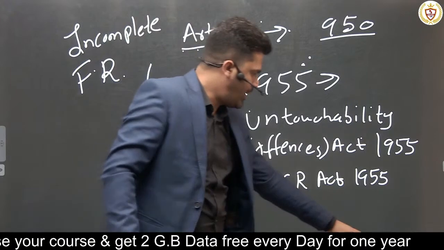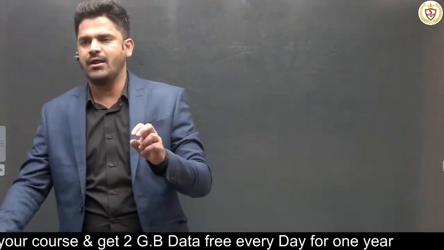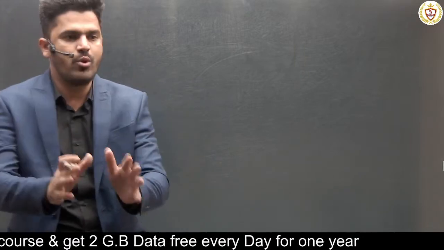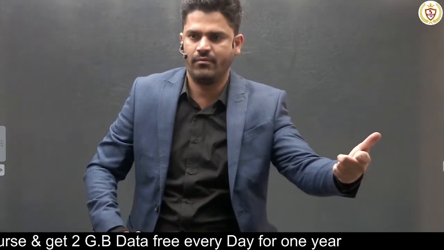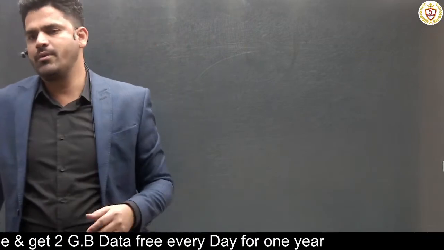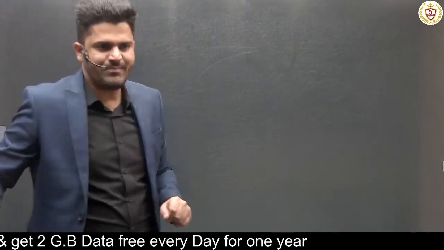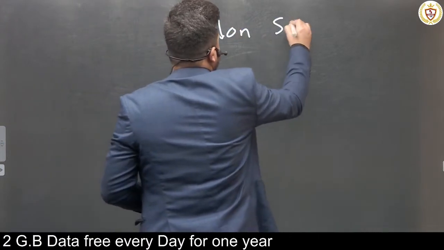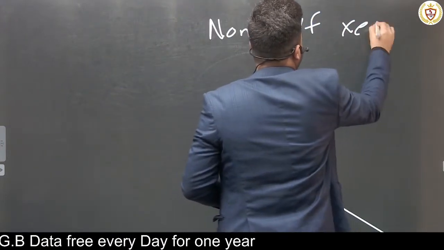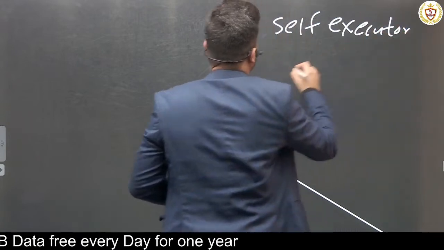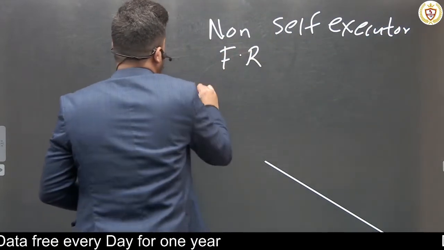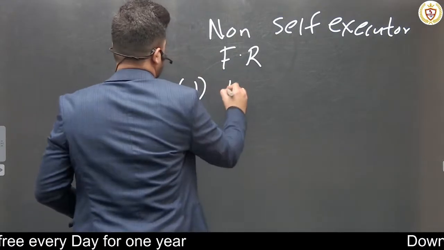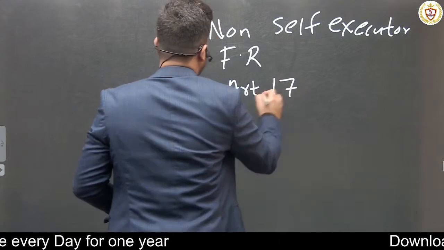समझ में आया? Why they are incomplete? Because they are not capable of enforcement or execution on their own. They are always dependent on the subsequent law to be passed by the Parliament. So let me give you examples of non-self-executory fundamental rights. So first is Article 17, ठीक है? Then second is Article